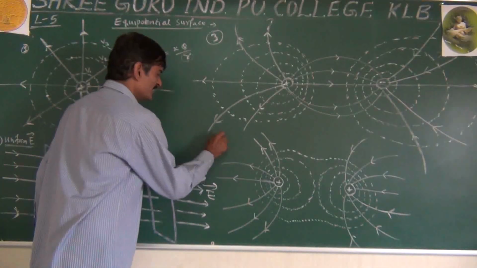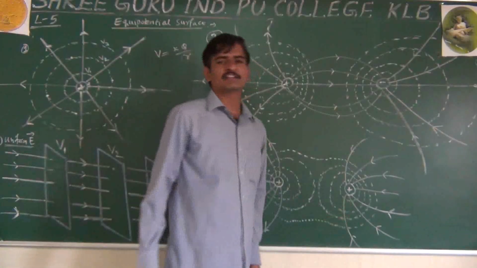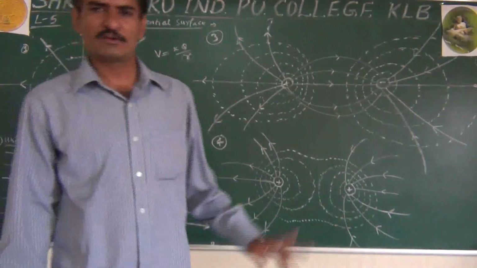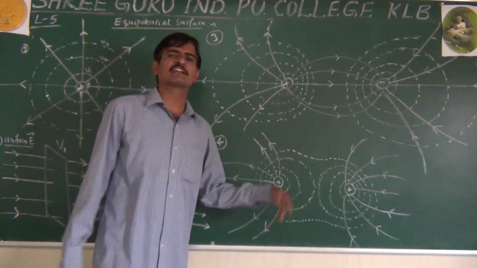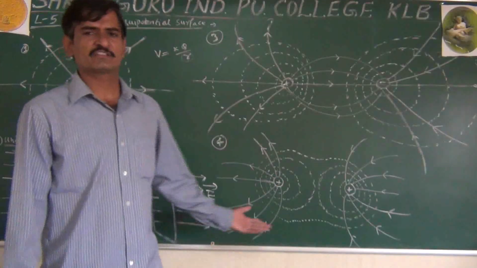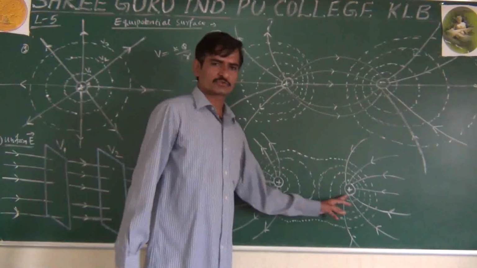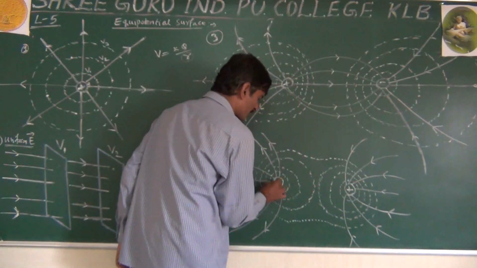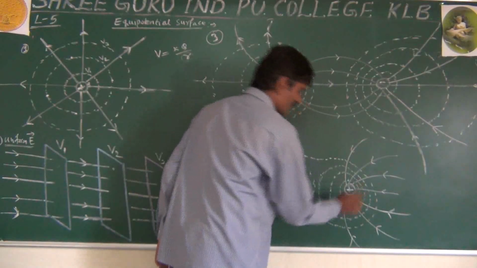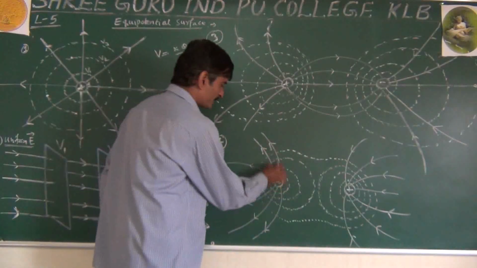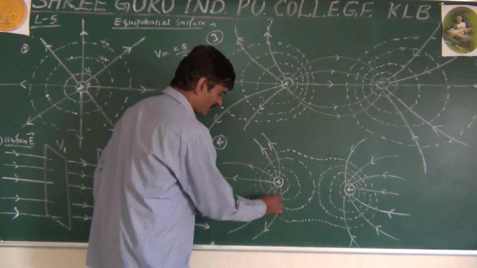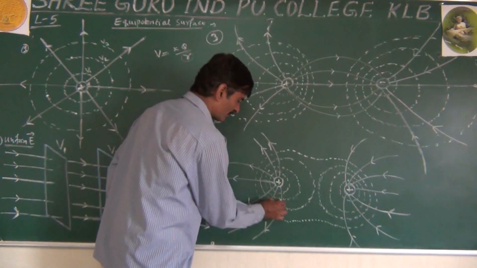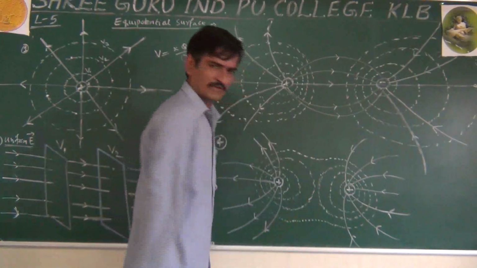Fourth one: equipotential surfaces for two identical charges, that is, two positive charges or two negative charges. I'll draw the diagram for positive charges. For negative charges, you can draw it yourself by just changing the sign. So for two equal positive charges, this charge and this charge are positive and also equal. Now you observe that these full lines with arrow marks indicate the electric field lines, whereas the dotted lines indicate the equipotential surfaces.